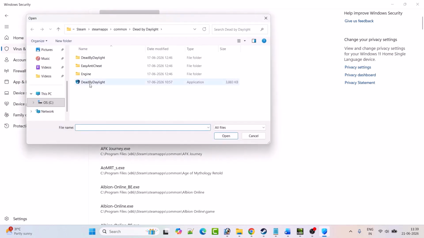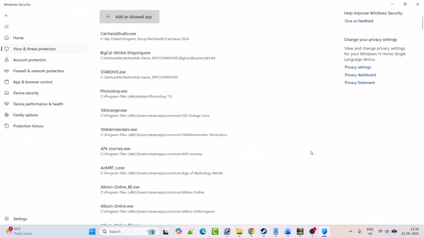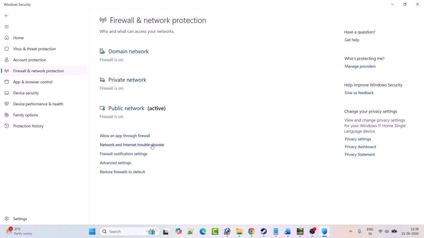apps. This time open Dead by Daylight folder, binaries folders, Win64 folder. Select Dead by Daylight Win64 shipping exe file and then click on open to add it to the list. After adding both the exe files, go back, click on firewall and network protection, click on allow an app through